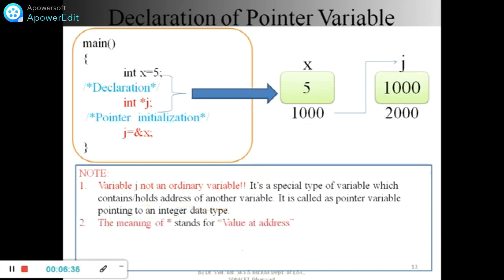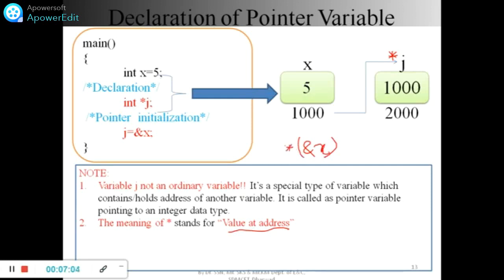Now the meaning of star. What is the meaning of star here? j stores the address of another variable, but what is the meaning of star j? Star j stands for value at that address. Right now we saw the output, which is why I purposefully showed you that simulation.